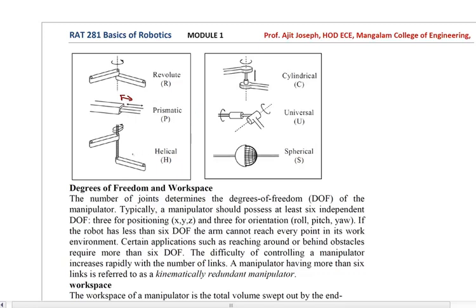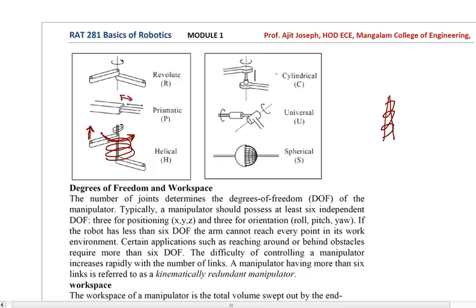What is a helical joint? A helical joint is when you are having a screw kind of structure. You know that a screw is not like a nail, but it has a groove which basically winds up, isn't it? So that kind of helical screw structure is there, and when this link moves, it does not move only in this direction, but it slowly moves up also. This movement is translatory, whereas this one is in angular fashion. So slowly as you rotate from here, it will slowly climb up. That is called a helical joint.